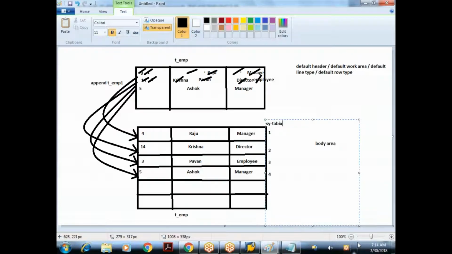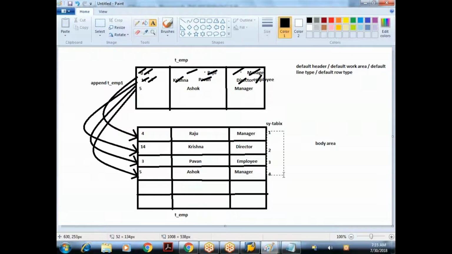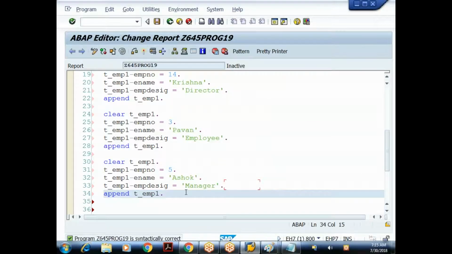Like that, SY-TABIX refers to the index position in the internal table. I'll come to that point, but remember the index starts from 1.